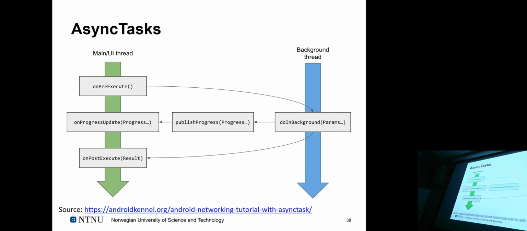And to look at the differences, I really like this comparison, this schematic overview of the execution. How do you deal with async tasks? Well, you create an async task and you specify onPreExecute. Basically, you indicate what is supposed to be executed before the async task actually happens. Then you specify what the async task is actually doing. So you provide the necessary parameters and implement your functionality in doInBackground.